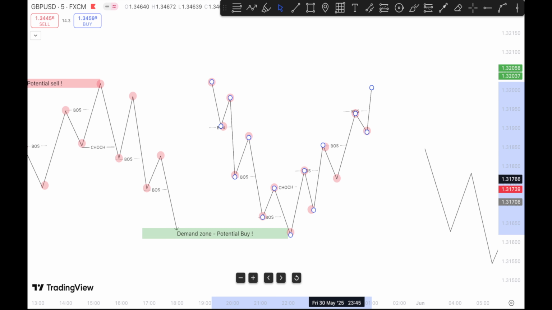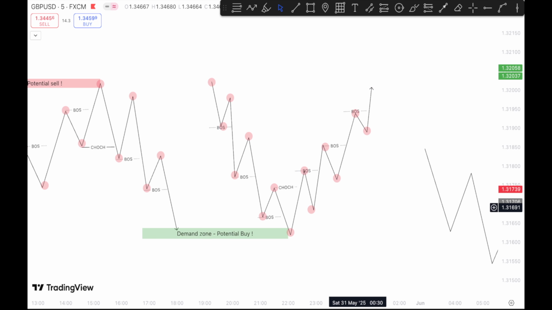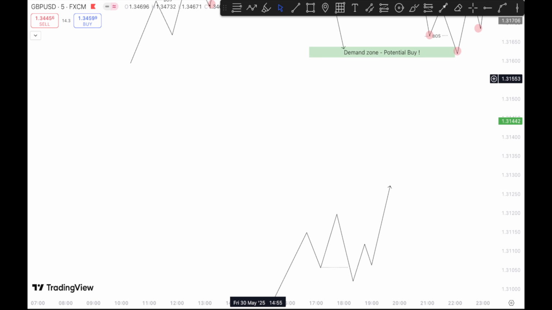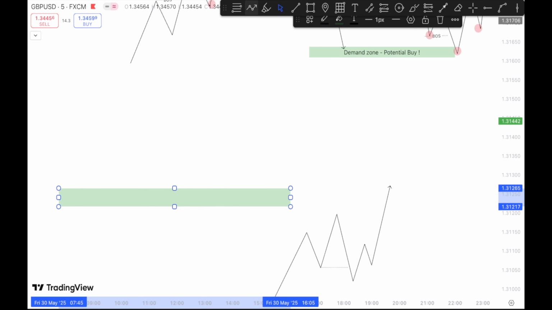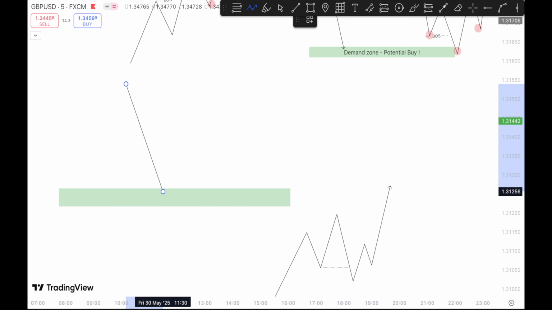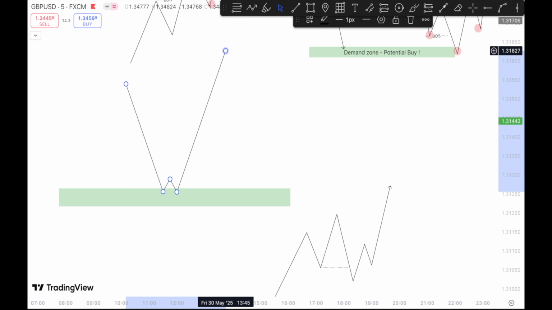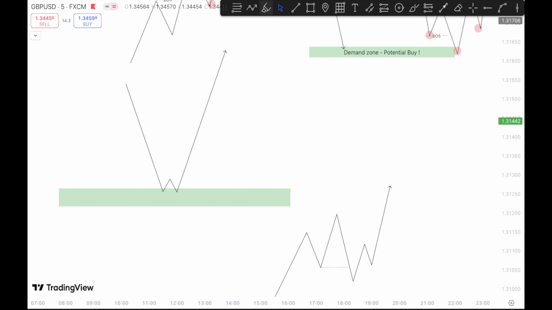So we have to look at the lower time frame to confirm these kinds of entries. Suppose we are on the 1 hourly and there is an order block or any support or demand zone, and the price is falling onto this zone. The price will move a little bit, giving you one, two or three candles on this zone, and then start moving upside. So on this very particular zone,